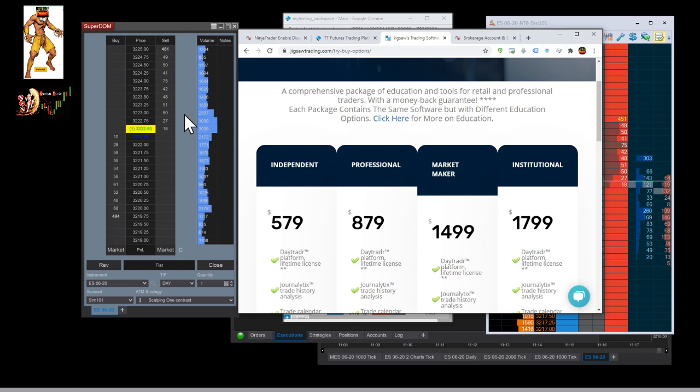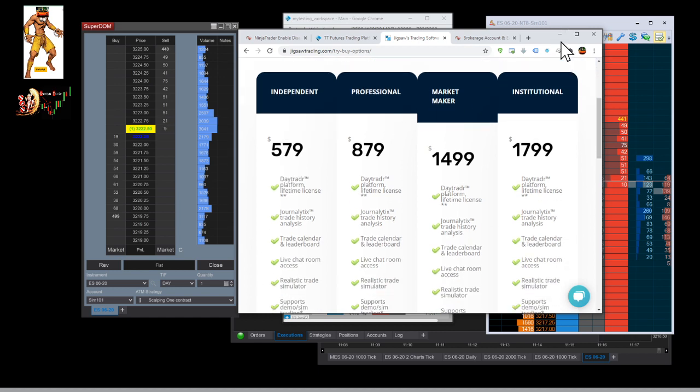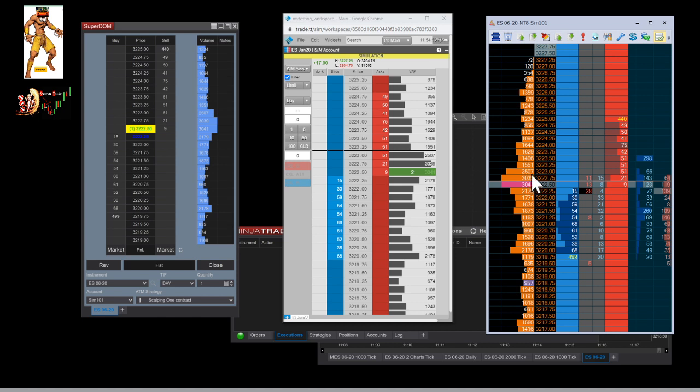So I don't know, train 1, 2, 3, 6 months on it. Then once you feel comfortable and you're really into getting into the professional side, then I think that if you really want to get serious, Jigsaw is the best tool. So the reason why I like Jigsaw is because it gives the volume and so on. It's customizable, but also it gives something called the inside print. So the inside print is what? I can understand at each level how many market orders have been done, right? So this gives me the possibility to understand absorption, aggressiveness on the trade, and so on.